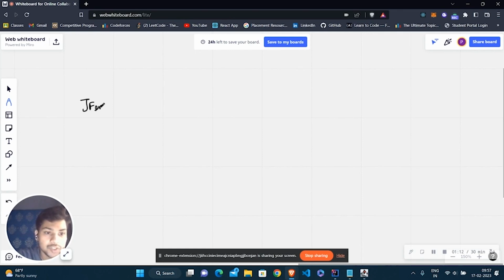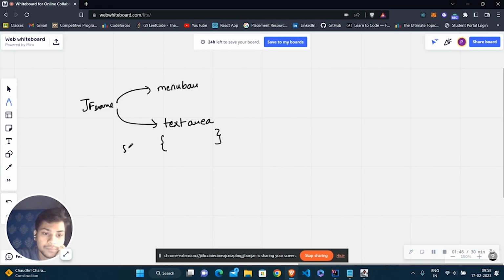We had the JFrame, and inside this JFrame we had the menu bar, and besides the menu bar we had our text area directly. Now, to make this text area scrollable, we need to wrap it inside a scroll pane.